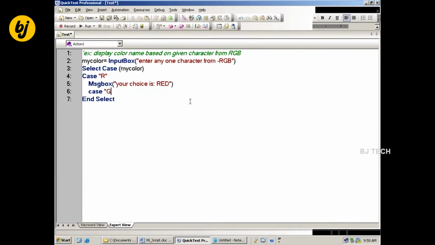Case G: message box, say that your choice is green.